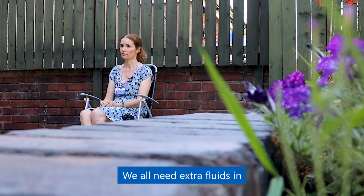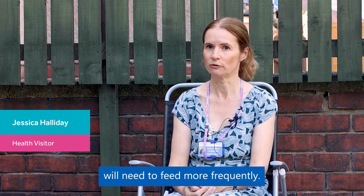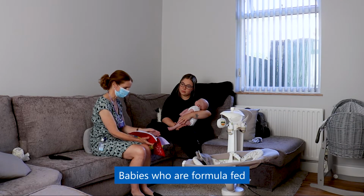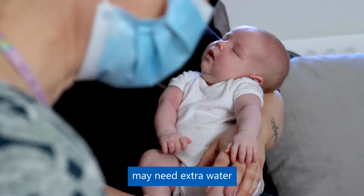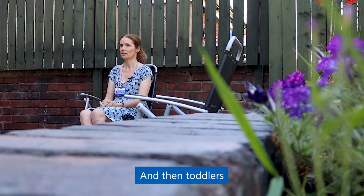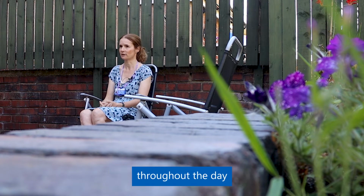We all need extra fluids in the hot weather. Babies who are breastfed will need to feed more frequently. Breastfed babies don't need any extra water. Babies that are formula fed may need extra water throughout the day. Sips of cooled boiled water is fine. And then toddlers and older children, like us all, will need to keep hydrated throughout the day, so we'll need